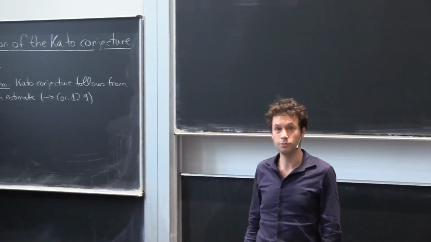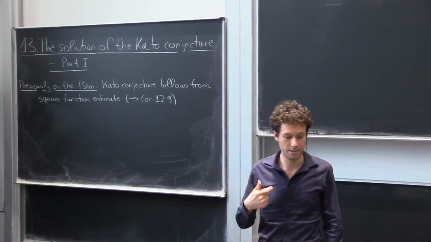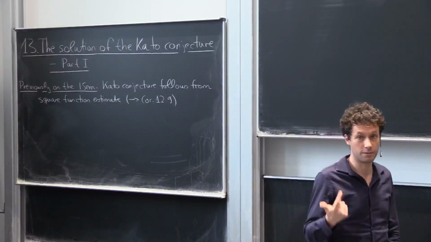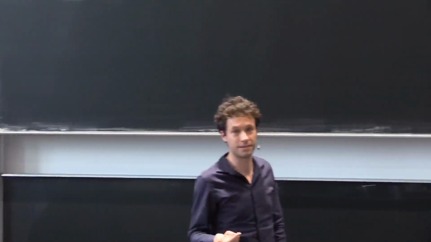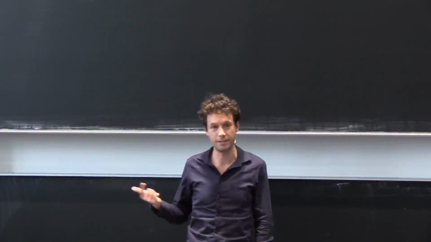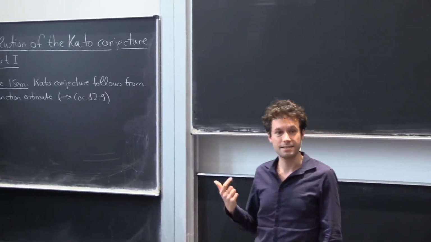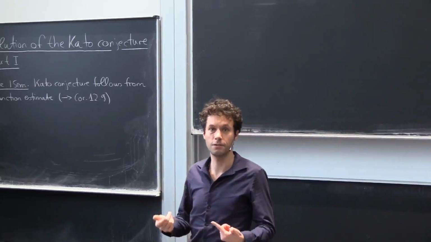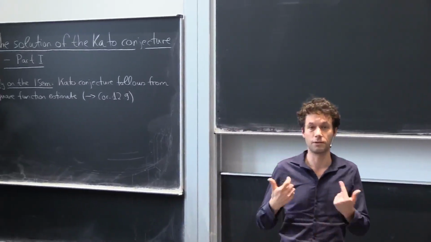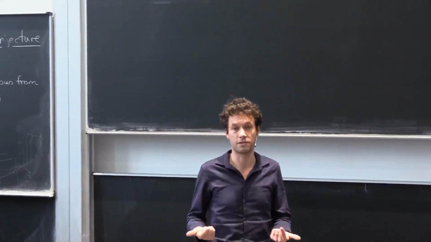We are going to do one more thing in this Internet Seminar, and this is we're going to solve the Kato conjecture. More precisely, the Kato conjecture was solved in 2001 or 2, depending on whether you look at the paper or when the proof was written. And using all of the material from the lecture notes so far, I'm going to present to you over the next 2 weeks the solution of this conjecture.